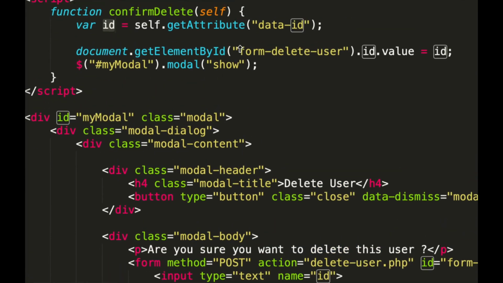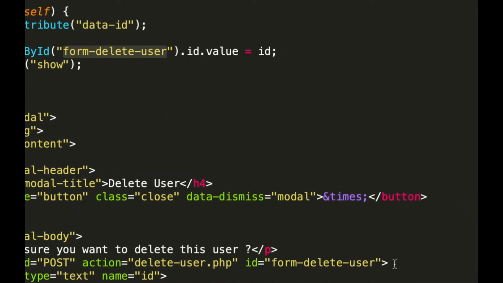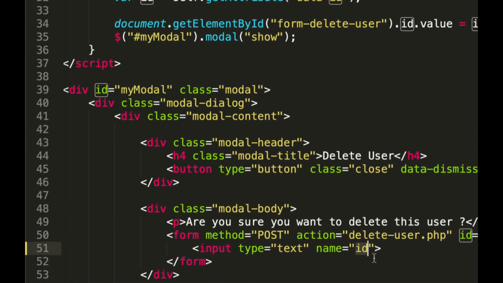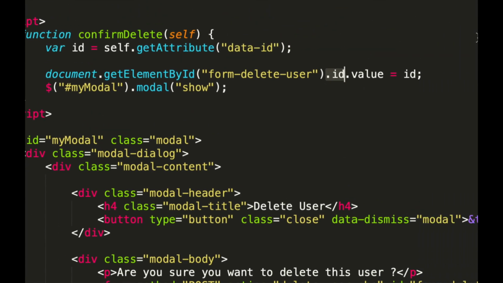So we can get the form using its ID. This is the unique ID that is given to the form tag. And in this form we have an input field which has the name id. So we can directly get it using .id, and we have to set the value attribute of this input type to this ID.